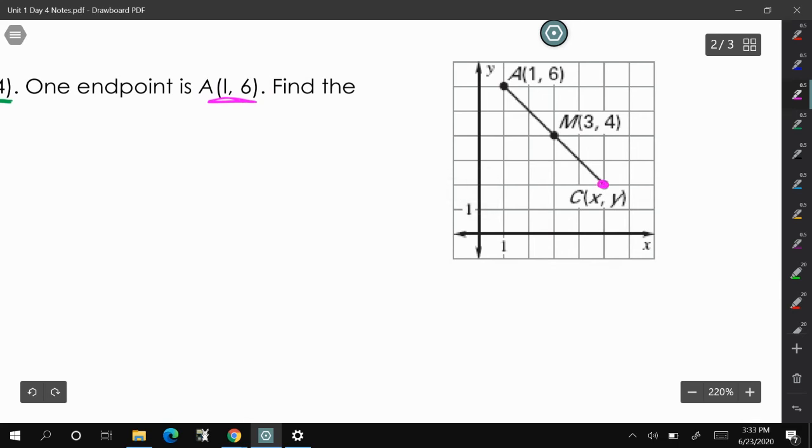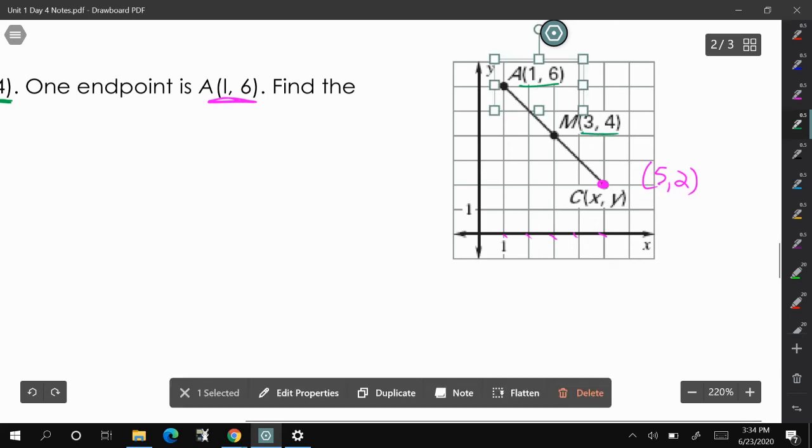Yes, now I understand that in a grid we can go over and count that point and say, oh, it's 1, 2, 3, 4, 5, 5, 2. I understand that, and you could do it that way if you wanted to. But what if we didn't have this grid? What if we just had the picture or just this information here? What you could do